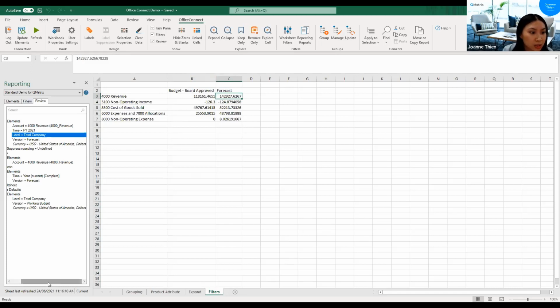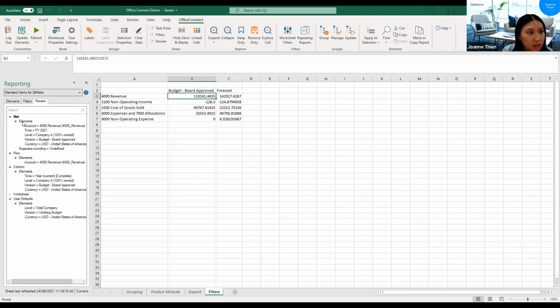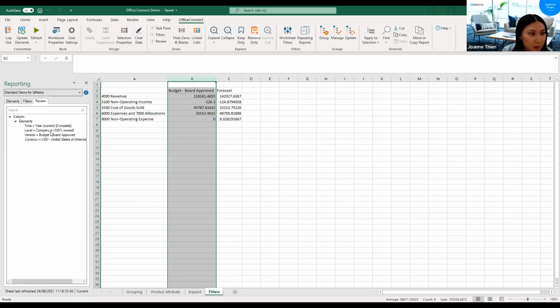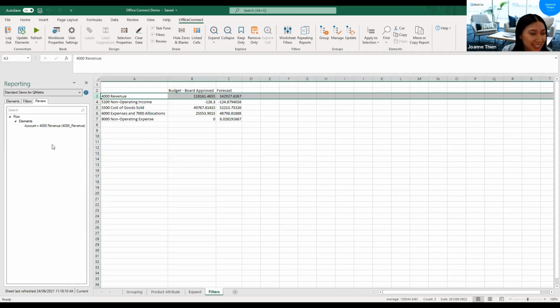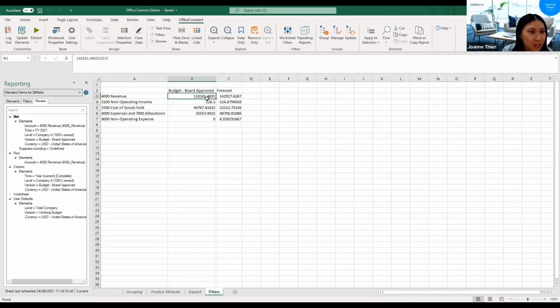The way to troubleshoot it would be either clicking on a cell and seeing what elements make up that specific value, or if you click on a column or a row and it doesn't actually have company on it, then you can tell by default it'll be using what's under this section here as well.